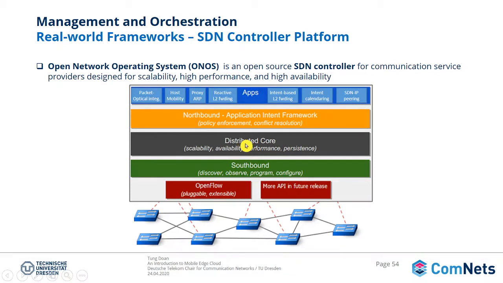The control layer interacts with the network devices through OpenFlow or other APIs. Using ONOS, it can provide many applications such as host mobility, intent-based layer 2 forwarding, SDN IP peering,